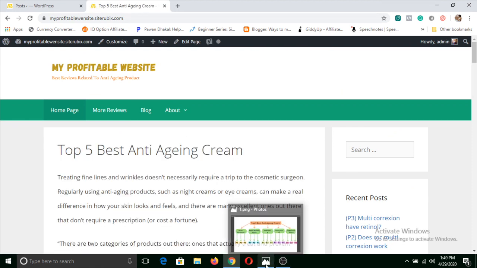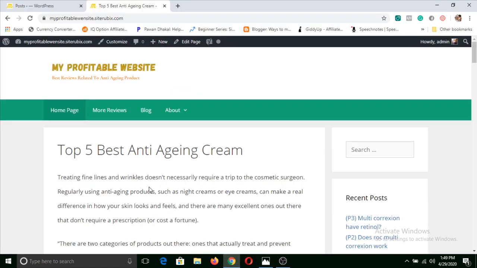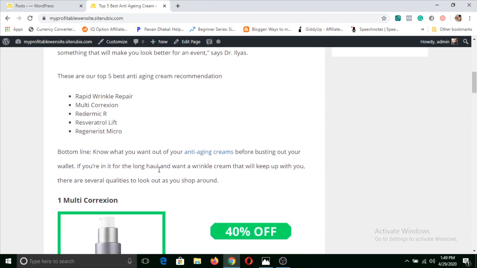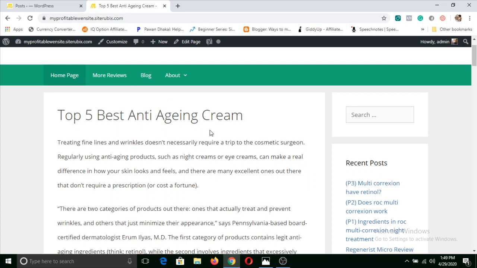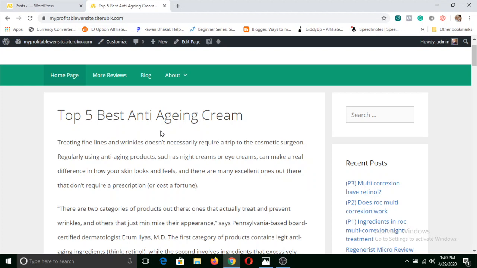You don't need to change that, because if you change it, there will be various internal linking errors, because all the links that we gave to this top 5 best anti-aging cream review are of our main domain, and if you change this article, then it would reach another review, that would be this one. So it is not good to change our main article link.